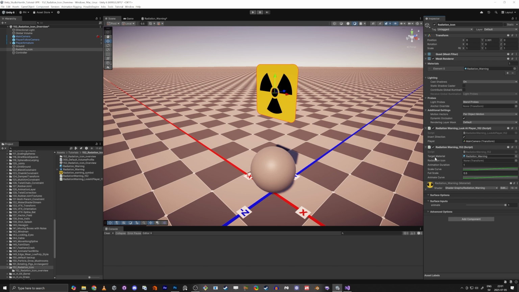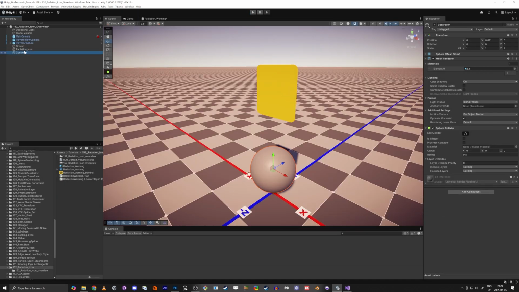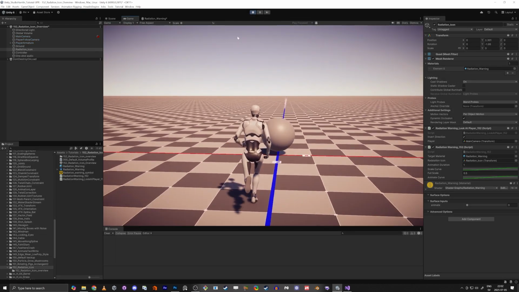We also want to transform the icon. The reason we want the icon is because it's going to scale it down and up when the player gets close. Here we have the animation duration, and here we have the scale curve. If we play now, we're going to start off with having this at scale 0. So we have it here. Now when we go close,